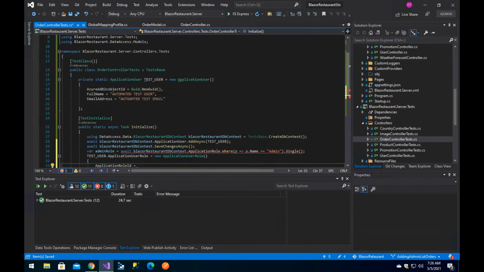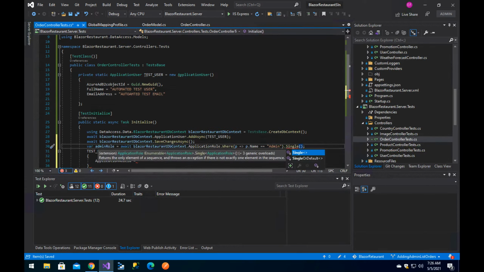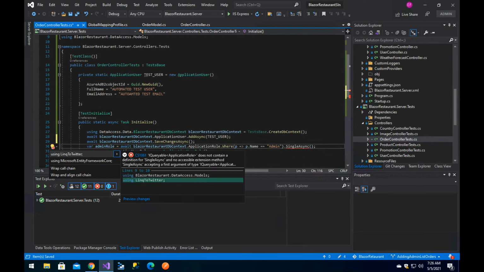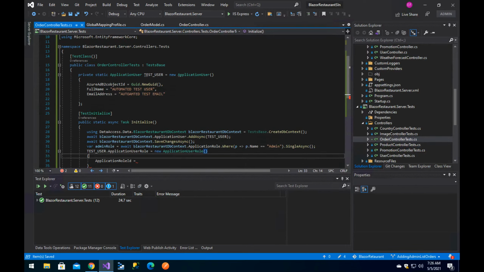Actually, yes, application role ID equals, this one is single async. Yes, there it is. Okay, application role ID is going to be admin role application role ID. Application user ID is going to be the test user application user ID,